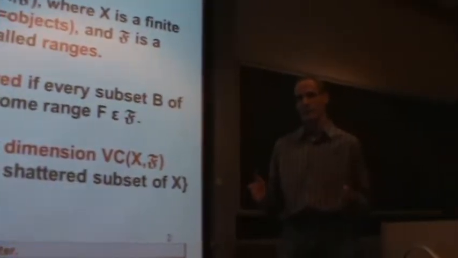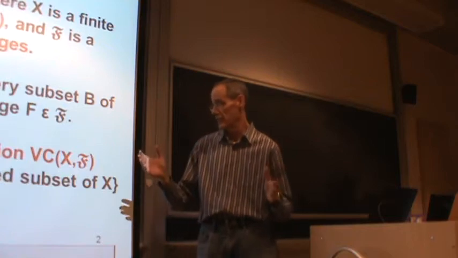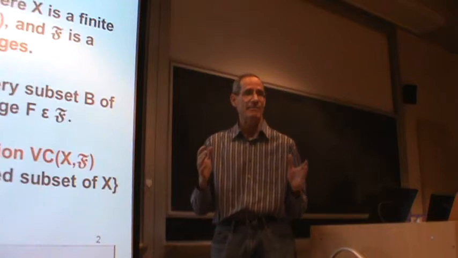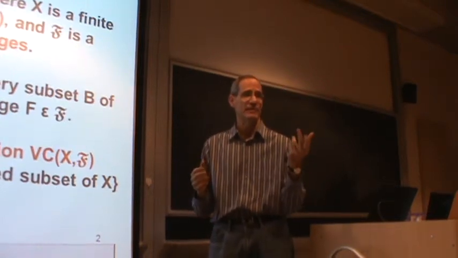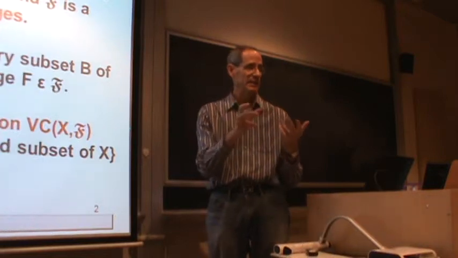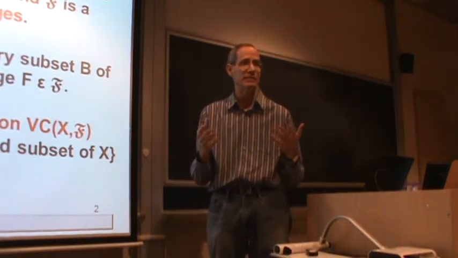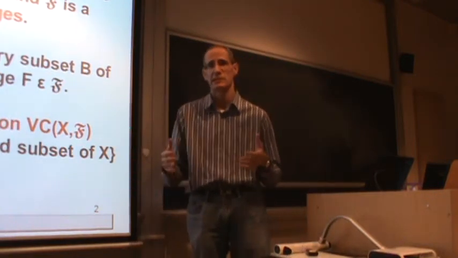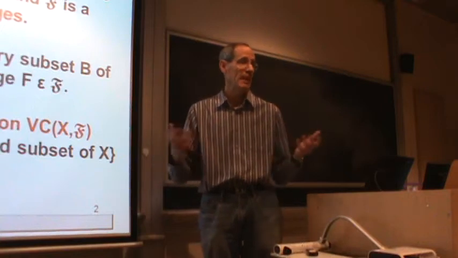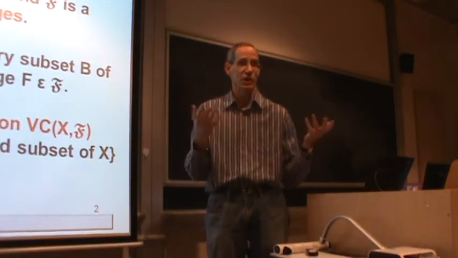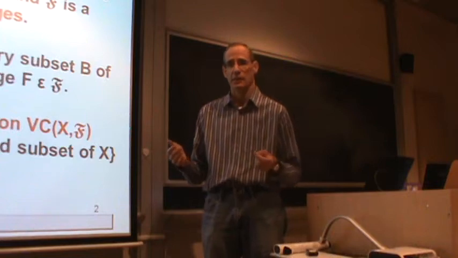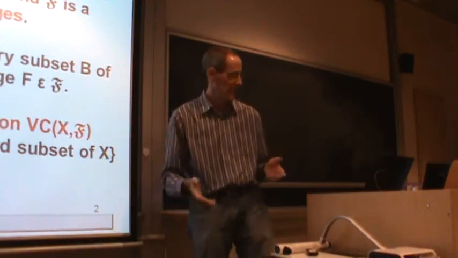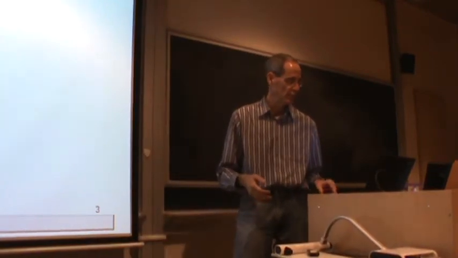And we'll soon see several examples. So the VC dimension of this range space, (X, F), is the maximum cardinality of a subset that you can separate by intersecting with ranges in all possible ways. I said maximum, but formally it's supremum, because maybe there are shattered sets of all possible sizes, and then this is infinite. Maybe in fact there is even an infinite set that is shattered, and then also it's infinite. But the interesting case usually will be when it's finite. So let's see some examples, just to practice the definition.